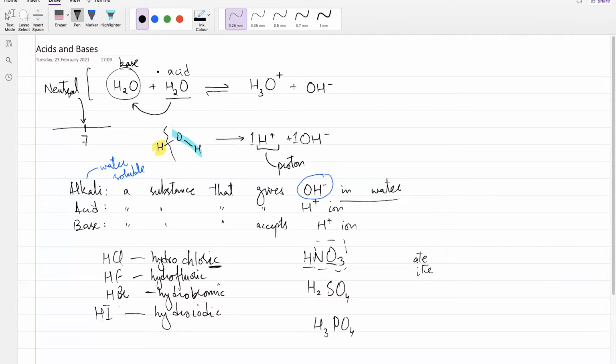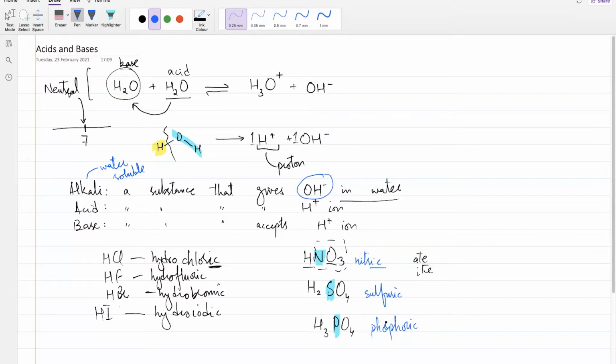But when we are going to name the acid, we will just focus on this thing in the middle. We will not say this is hydrophosphatic acid or something. We'll simply say, okay, there's nitrogen in them. Hydrogen and oxygen are already going to be there, so we'll just say nitric. The IC part tells me that this is acid, and the nitrogen part tells me that there is hydrogen and oxygen there. Similarly, this one I'll call sulfuric. This one I'll call phosphoric.